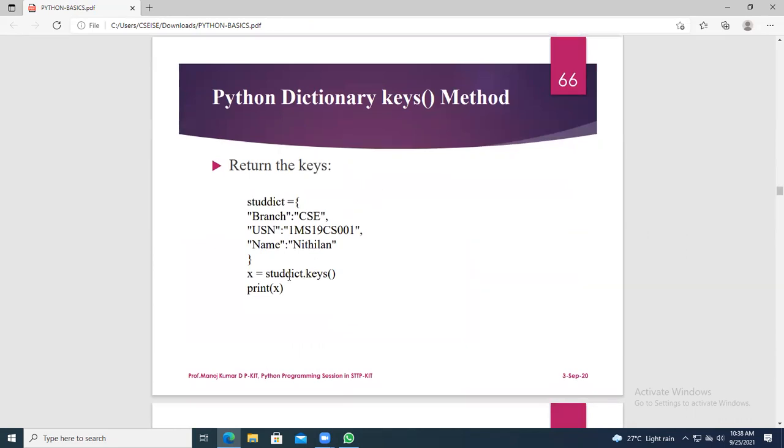Next, the keys method. Suppose you want to return only the keys, you can directly go with the x_dict.keys method. Rather than going for the for loop, print of X, you can directly use the keys method. The keys method will show you all the keys used. Similarly, dot values will show you all the values.